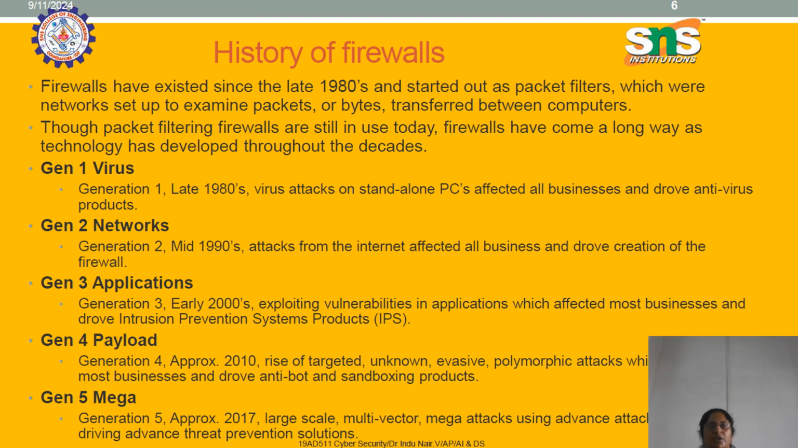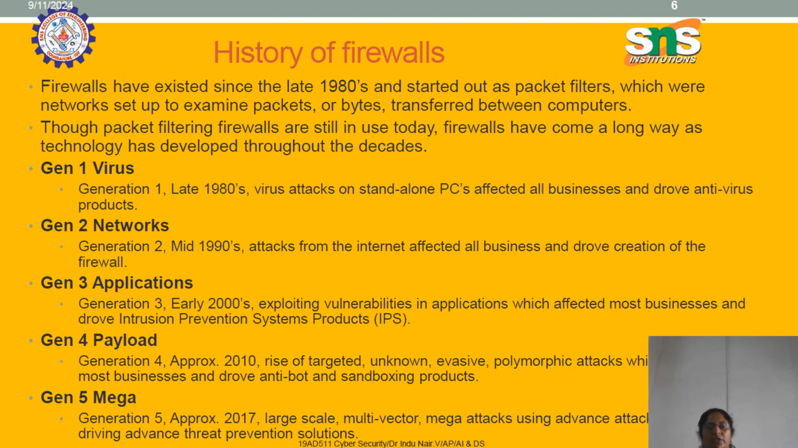History of firewalls. Firewalls have been existing since 1980. They started out as packet filters, which were set up to examine packets or bytes transferred between computers. Though packet filtering firewalls are still in use today, firewalls have come a long way as technology has developed through the decades. Generation 1, virus. In the late 1980s, viruses attacked standalone PCs, affected all businesses and drove antivirus products. Generation 2, networks. In the mid 1990s, attacks from the internet affected all the businesses, and that led to the creation of firewall